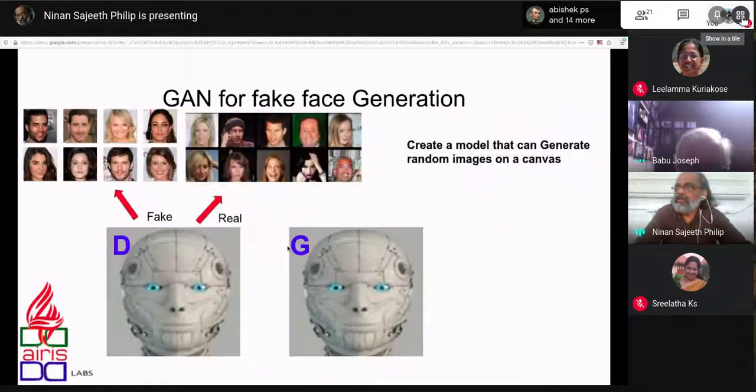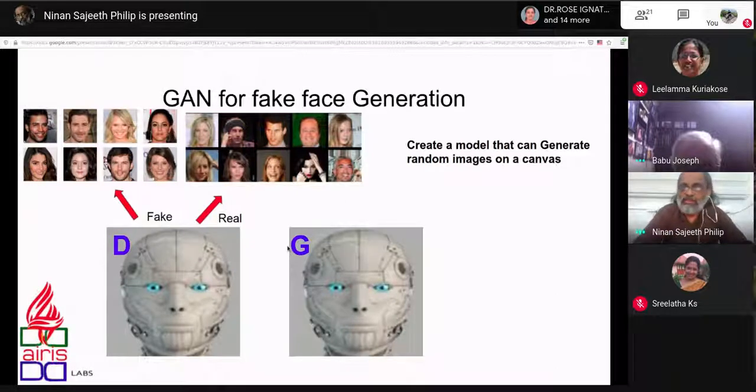Now we have a machine which is able to say which of them is real and which is fake, just a yes or no answer, a binary answer. In fact, along with that binary answer, it will also provide a metric which is used by the generator to learn, just like we give hints to students when we teach them. So the discriminator only says which image is real and which image is fake.